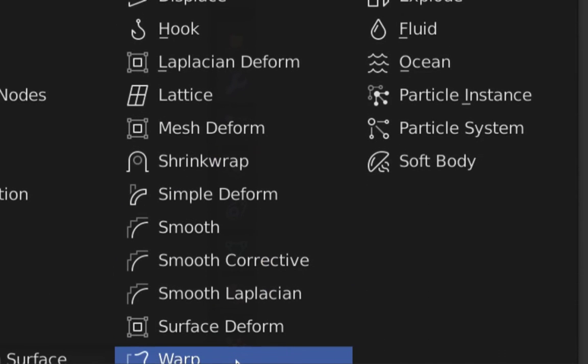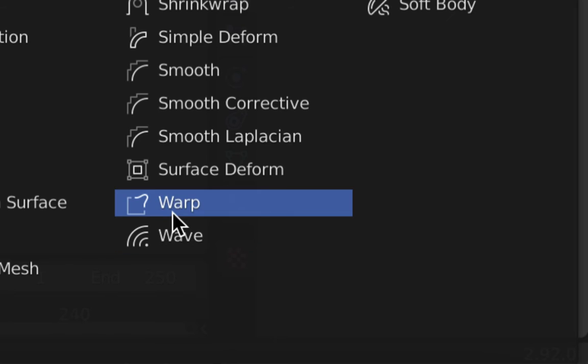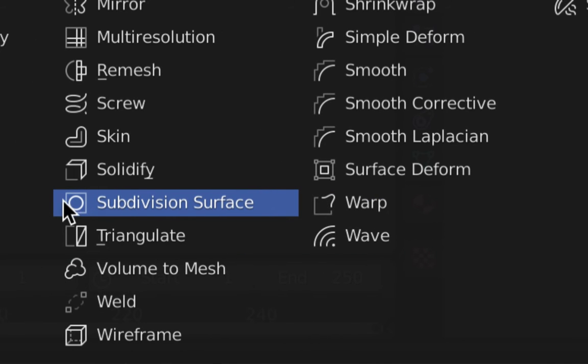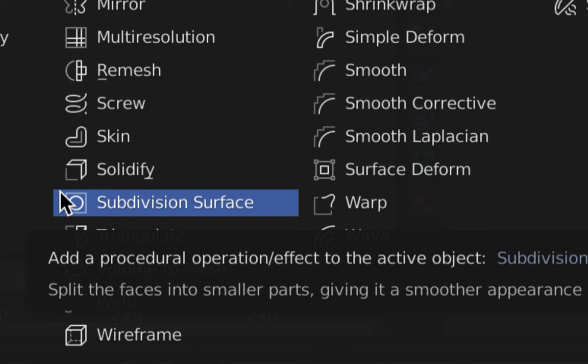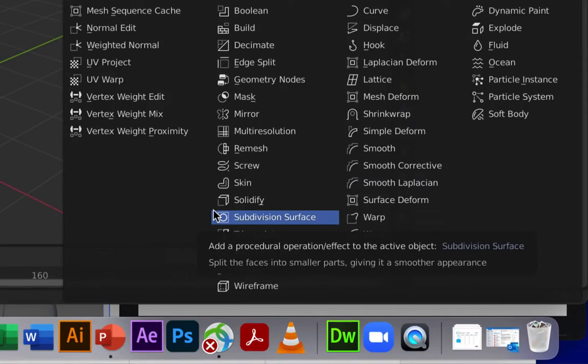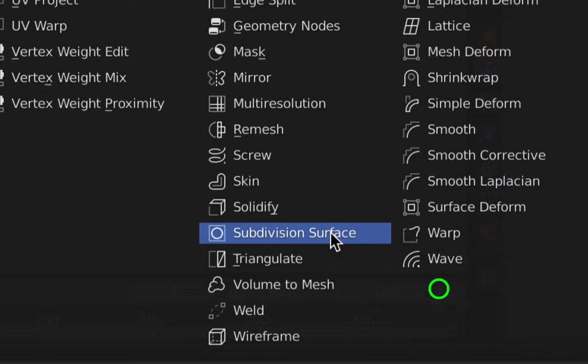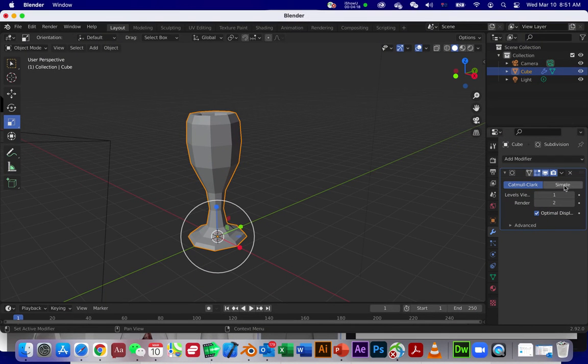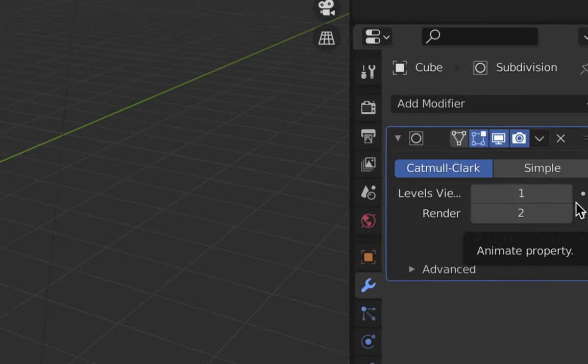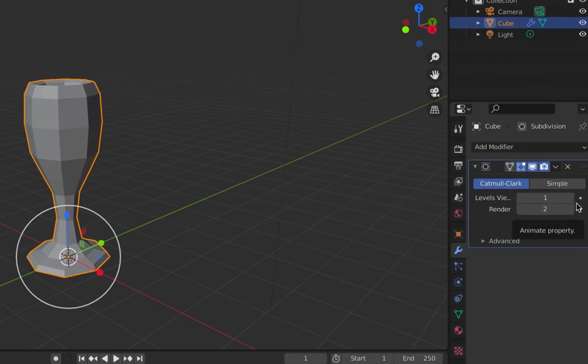We'll go all the way down to this one here. I'll just try to zoom back out for that. All right, there we are. The subdivision surface. Great. Here we are. Now you can see that that's a little bit curved. Now, if we do want to add subdivisions,